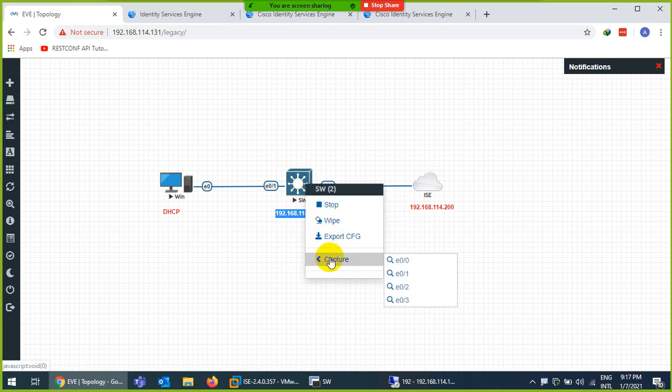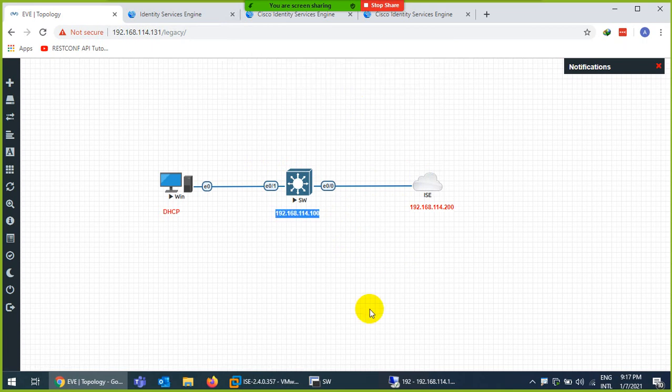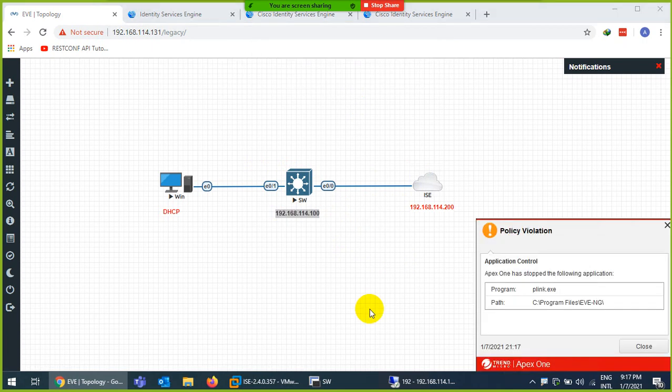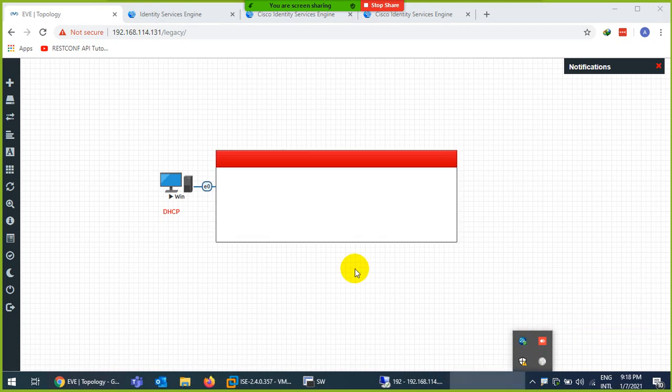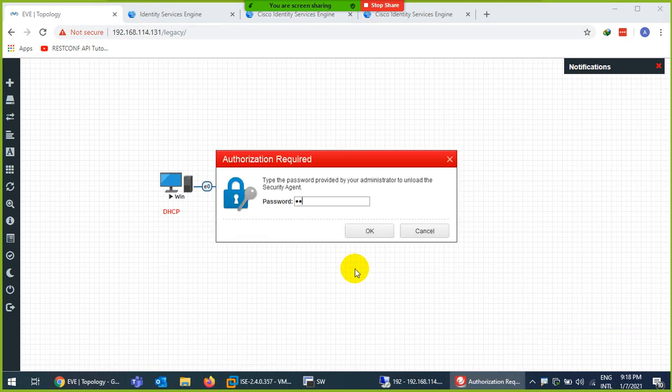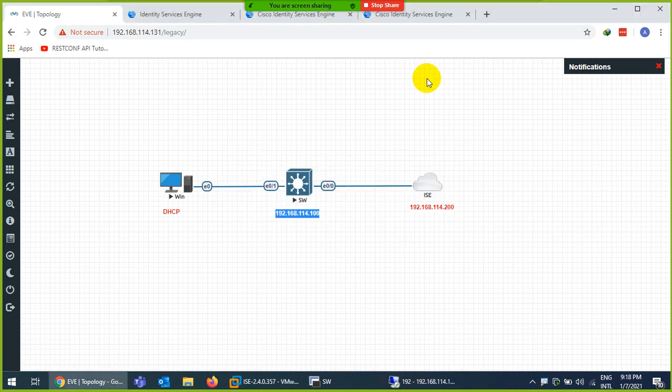Unfortunately, I don't know what to do. Let me capture this interface. Okay, anyway, I will show you in the next lab.